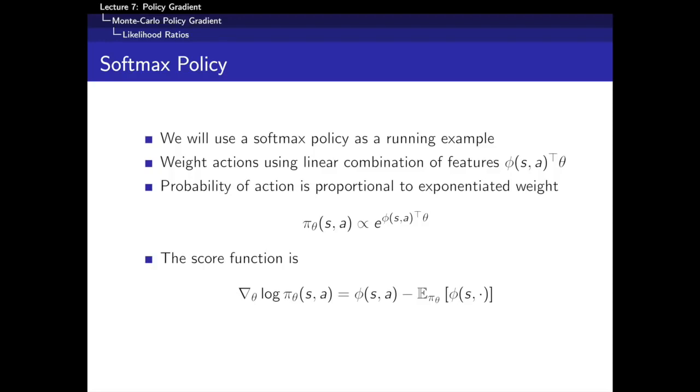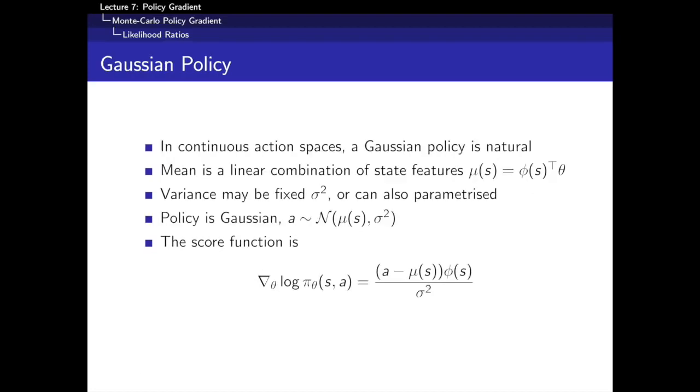Okay, so this is the softmax policy. I just want to give one more example of policy, which is the Gaussian policy. In a continuous action space, like the IBO example, the commonest policy to use is a Gaussian policy. And what do we do with a Gaussian policy? Well, we basically just parameterize the mean of this Gaussian, and then you have some randomness around that mean, some variance around that mean, that says most of the time I'm going to take this mean action,